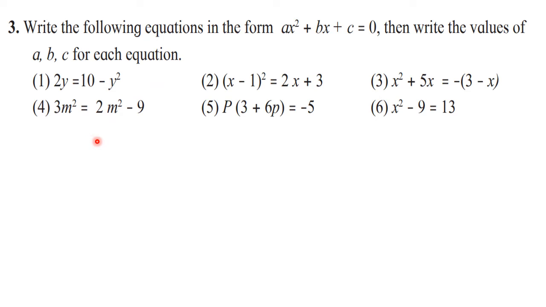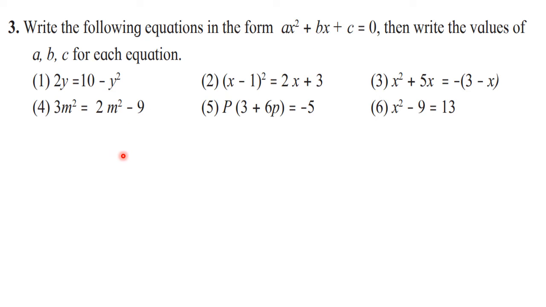What this question means is, the equations which are provided here are not in the standard form, that is ax square plus bx plus c is equal to 0. So we have to bring them in standard form, and then we have to write down values of a, b and c. Whatever terms we have, all the terms we have to take on left hand side, and then write is equal to 0 on right hand side, and then compare with the standard form, and then write values of a, b and c.